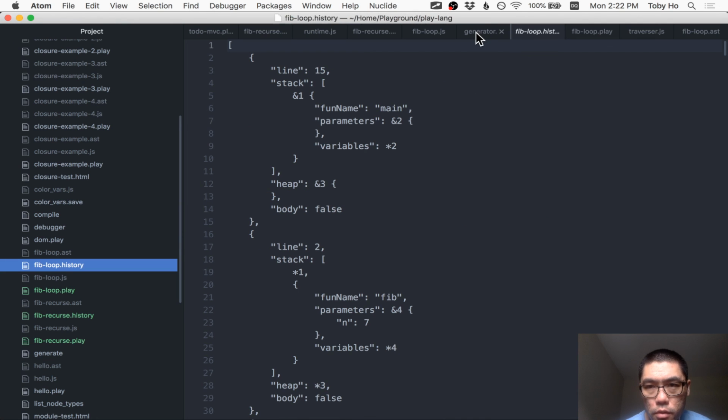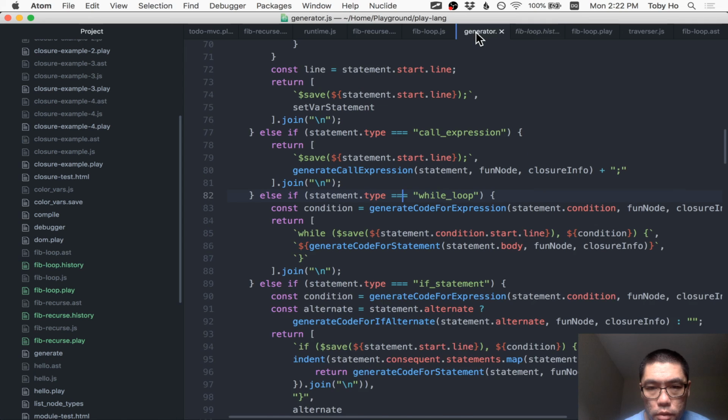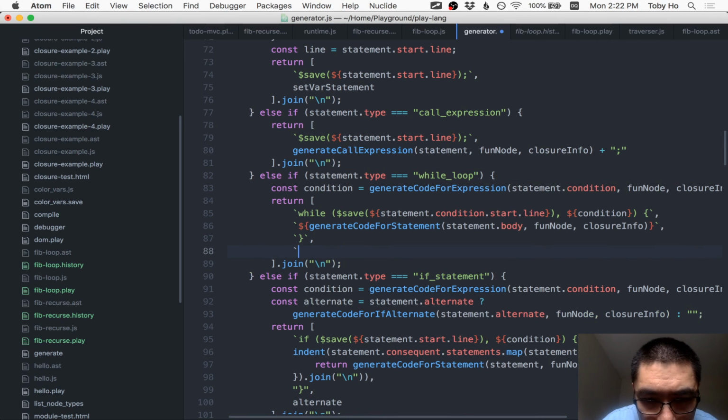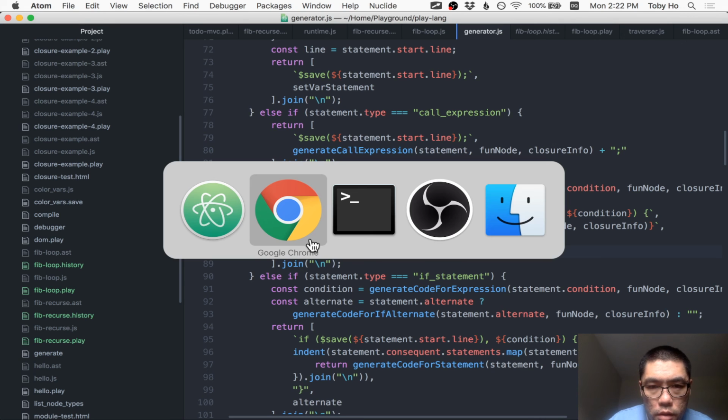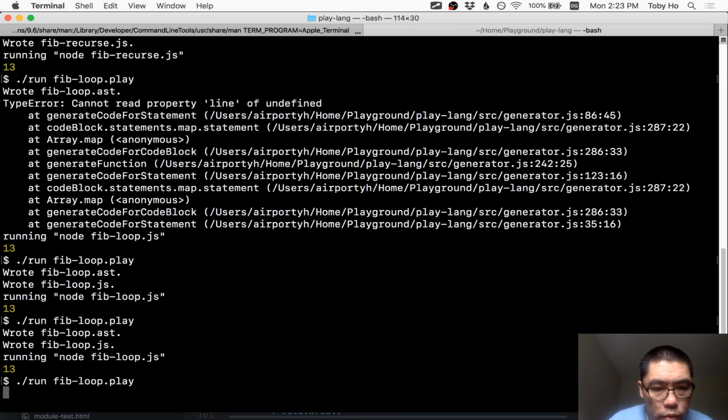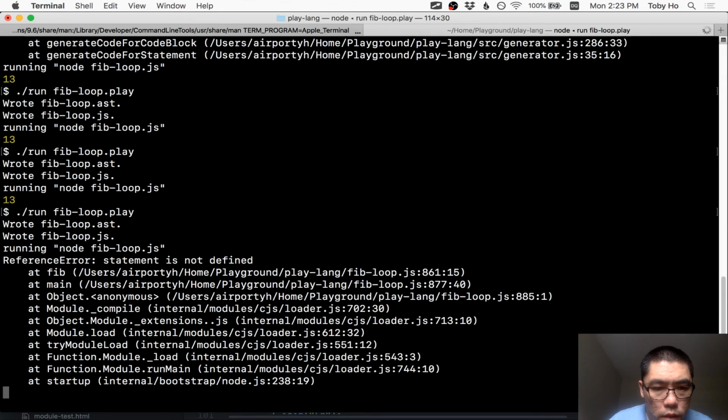So I think I need to go back to the generator and generate a save at the closing of the condition. So perhaps that should be like this. Save statement dot end that line, like this, right after exiting the loop. That should